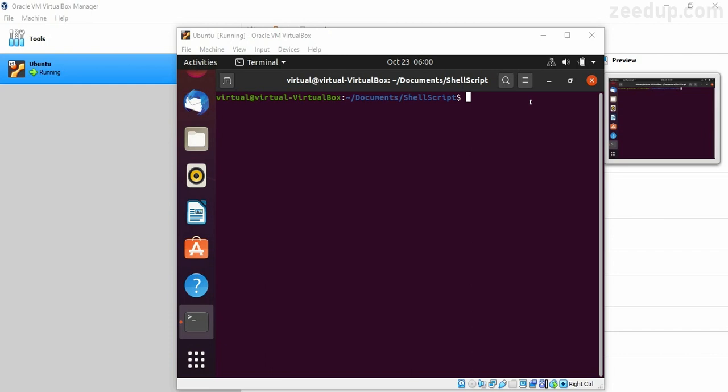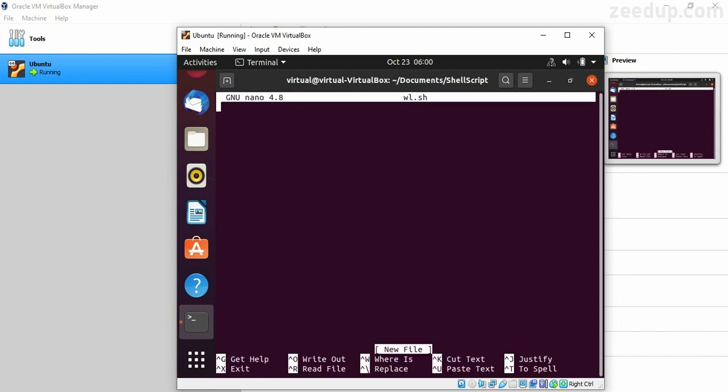So let us create a simple text file in the nano text editor. We know the method for it. You need to call the word nano and then give the name of the file. So wl.sh, wl stands for while loop, and .sh is the extension because it is going to be a shell script. Then press enter. The first line is going to be our shebang,